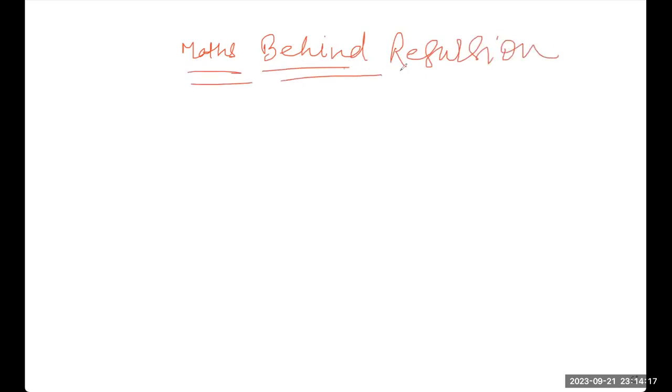Maths behind recursion. So let's understand the maths behind recursion.